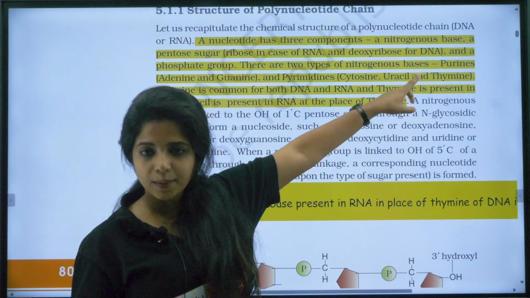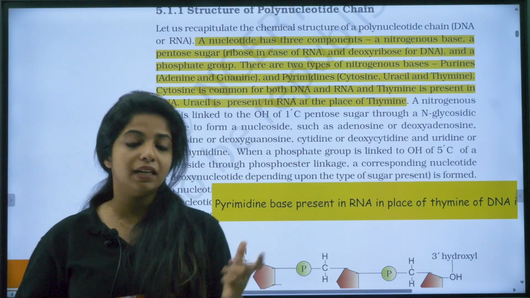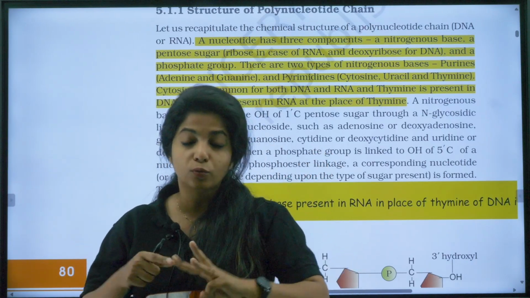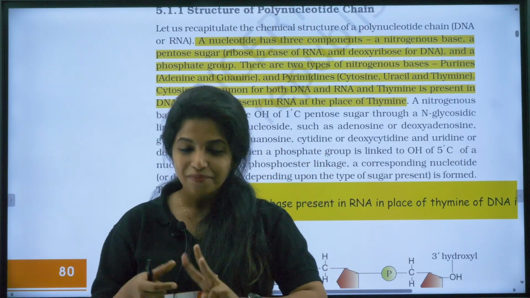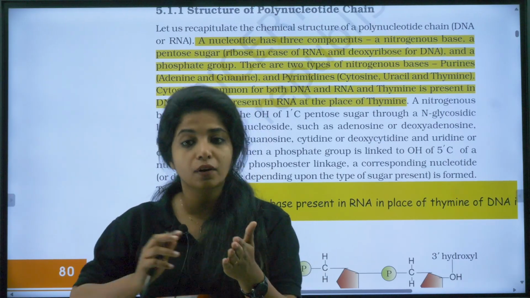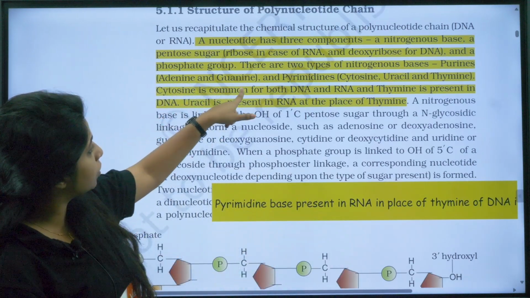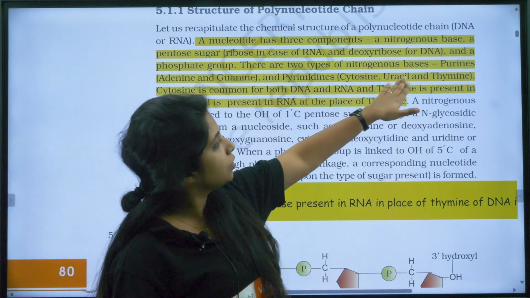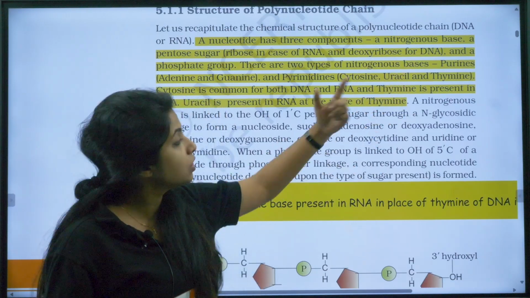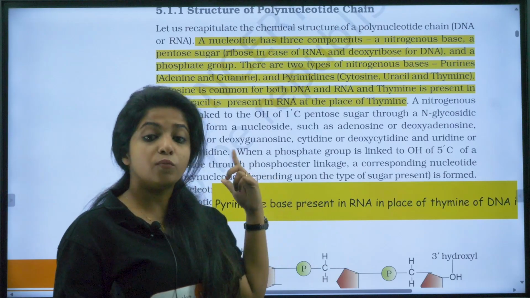So the nitrogenous base, the DNA is made up of three things, right? When I say DNA is made up of nucleotides, I say a nucleotide is made up of three things. What are those three things? Nitrogenous base, pentose sugar, and phosphate group. Now I am saying nitrogenous bases can be of different types. Either it can be purine or it can be pyrimidine. In purines you have adenine and guanine, and in pyrimidines you have cytosine, uracil, and thymine. In the case of RNA you have uracil and cytosine. In the case of DNA you have thymine and cytosine but not uracil. So you should be knowing it.